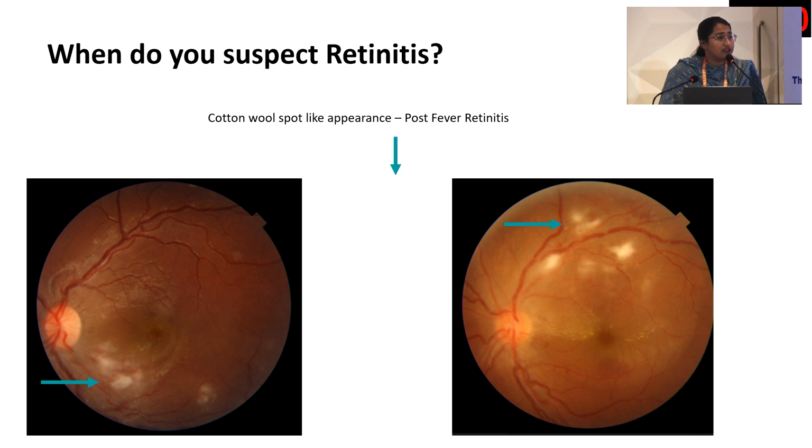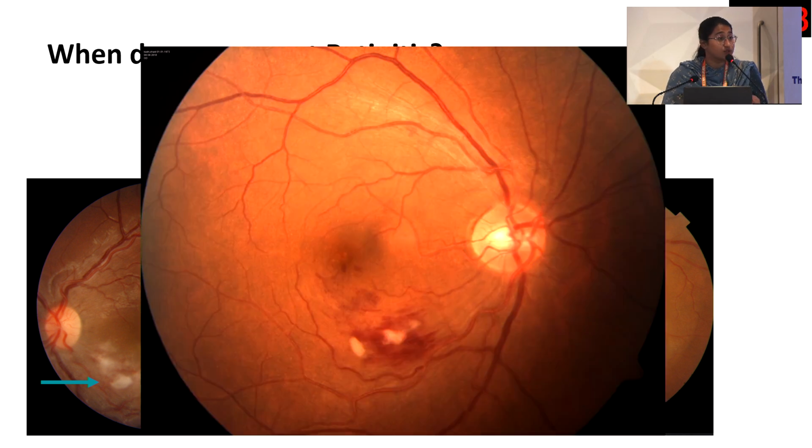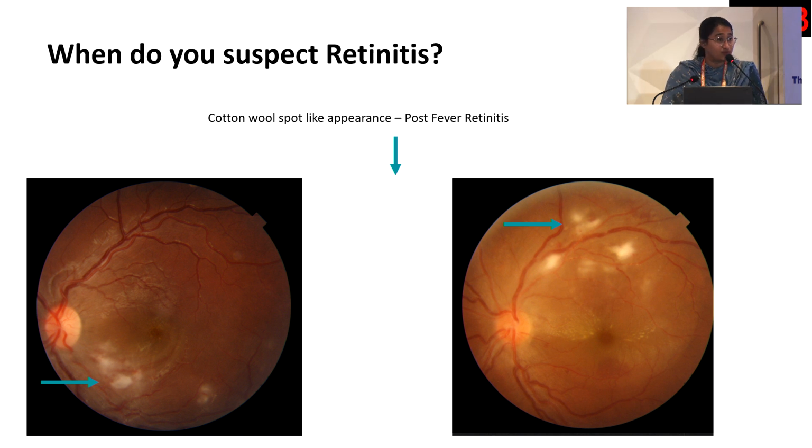Sometimes they may present looking similar to cotton wool spots, such as this case of post-fever retinitis. At this point, I would like to point out they need to be differentiated from normal cotton wool spots that we see. So if you can see the difference between these two images, the cotton wool spots over here are